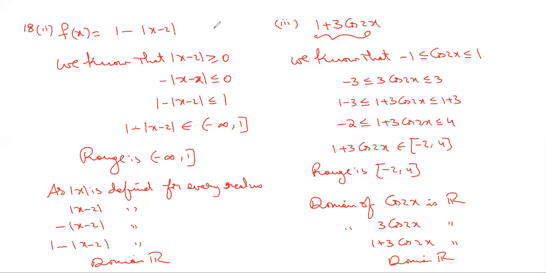If you have any indeterminate forms, like 1 by a polynomial or under root a polynomial, we have restrictions. The denominator cannot be 0. We have a restriction for the under root expression: it cannot be negative. We don't have any restrictions for the expression inside the modulus. It can be negative, positive, rational, irrational, any real number. Any real number you can calculate the modulus. So there is no restriction for the input. Input can be any real number. So the set of all possible inputs is the domain. The set of all possible outputs is the range.